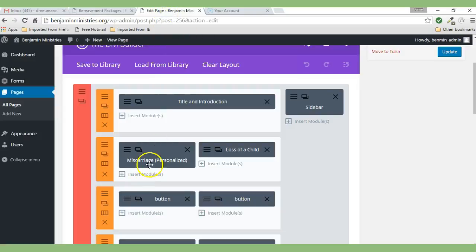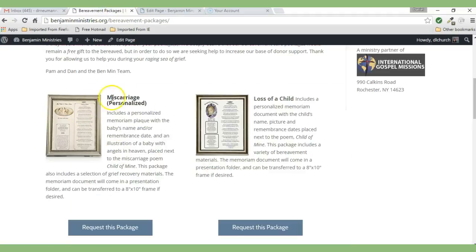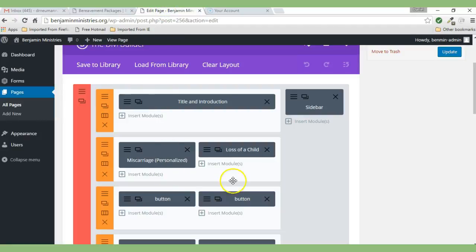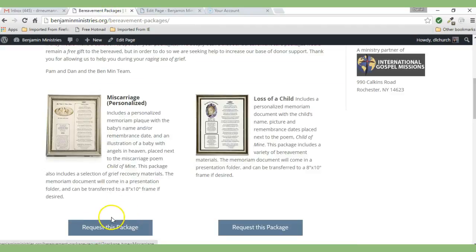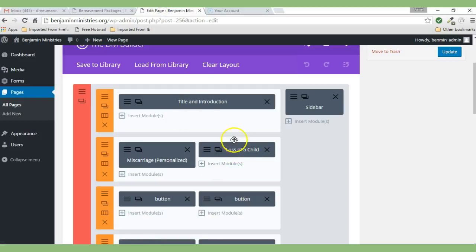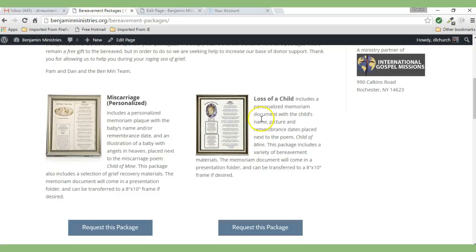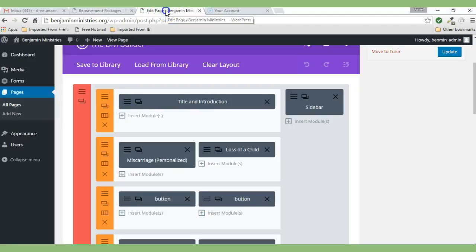For instance, this one here represents this module right here, and there's a button down below that, and this button would be this button right here. And again, we have one on the right side, and this part here represents this module here. Each one is labeled. So in order to make changes in any one of these sections, what we do is